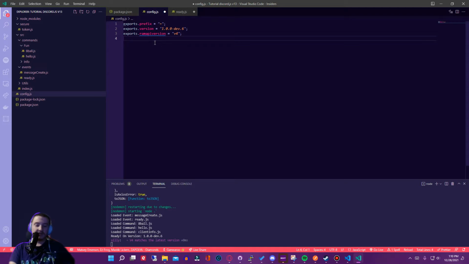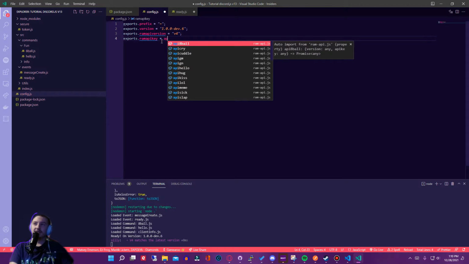We can do export .api, or no, ram API key. So this is where you'll put your key at in your config file. Just make sure your config file is not posted to GitHub. If it is, post it into a secure file. That's like we did the token. And then I'll just pass in the API key from the